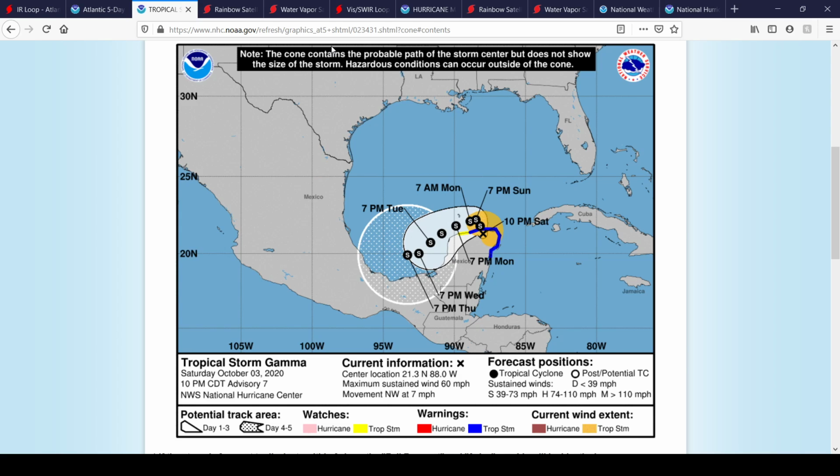First, let's start talking about Tropical Storm Gamma here. This is the latest forecast cone from the National Hurricane Center as of 10 p.m. Central Standard Time, Advisory number 7. The center is currently located at 21.3 degrees north, 88.0 degrees west, with maximum sustained winds at 60 miles per hour, moving to the northwest at 7 miles per hour. Tropical Storm Gamma is forecast to move over into the Gulf of Mexico and maintain its intensity of about 60 miles per hour the entire duration of this forecast cone,